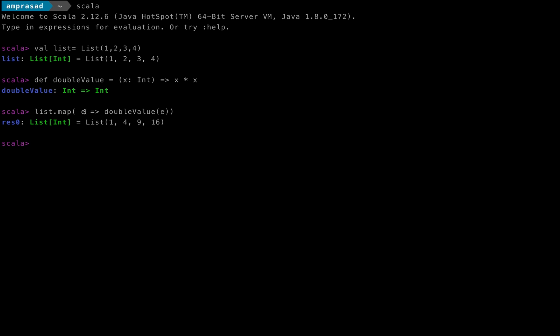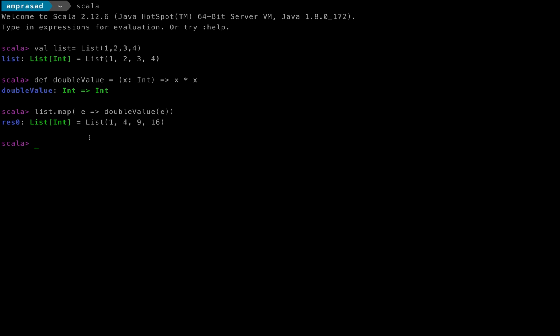Whatever element was passed was doubled by the function doubleValue. So this was one example of using map and passing the doubleValue function as a parameter. So map is called a higher order function. This was a predefined function of the Scala library that we have used.